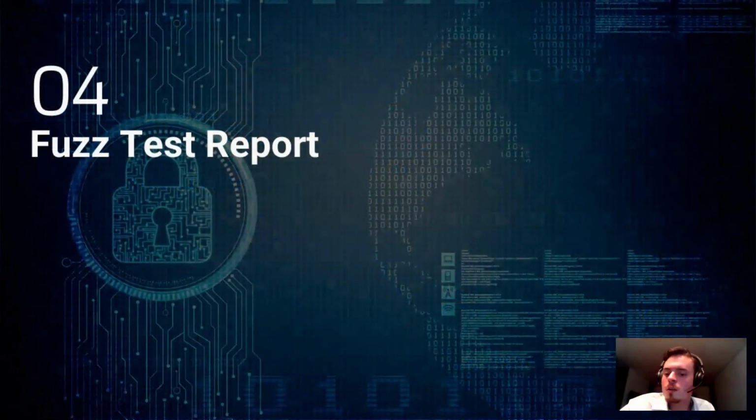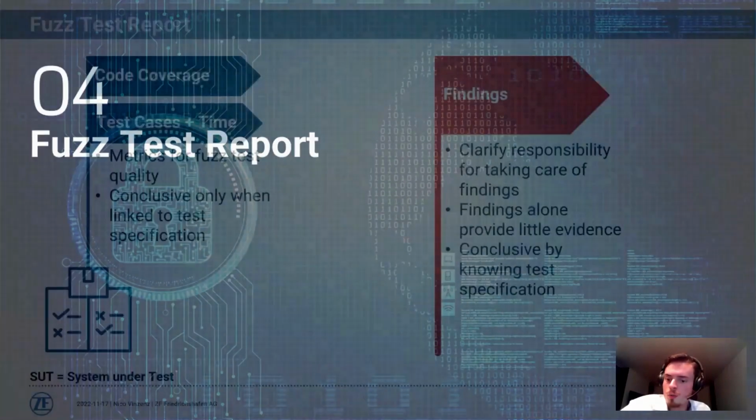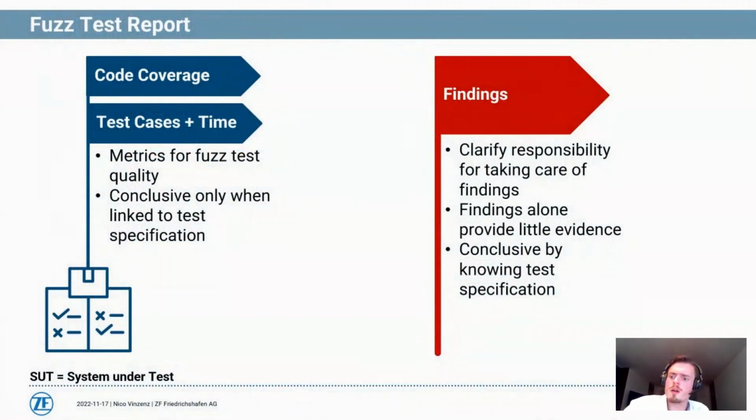Yeah, and after we have our methodology going and the fuzz test done, of course, we get some results back, which we should process into a report. That's basically following things we get: the code coverage, test cases, and time we spent as metrics, which tell of course something about the fuzz test quality, but they are only conclusive when they are linked to